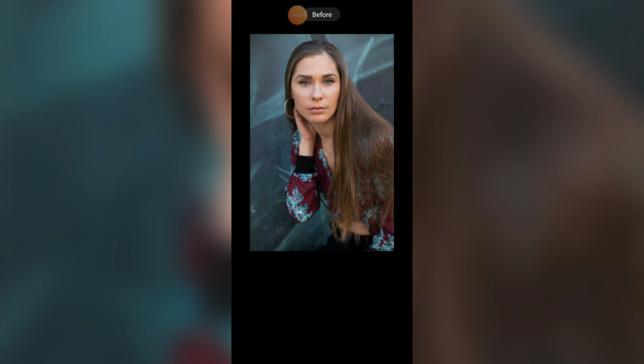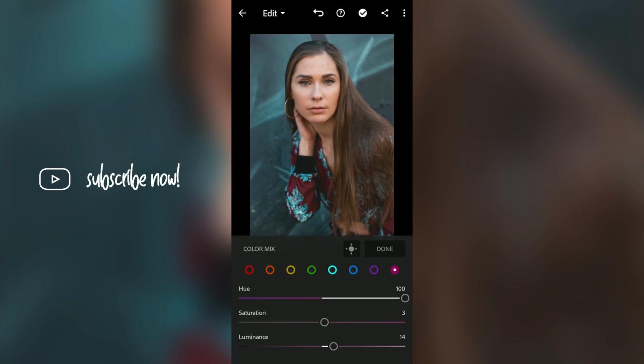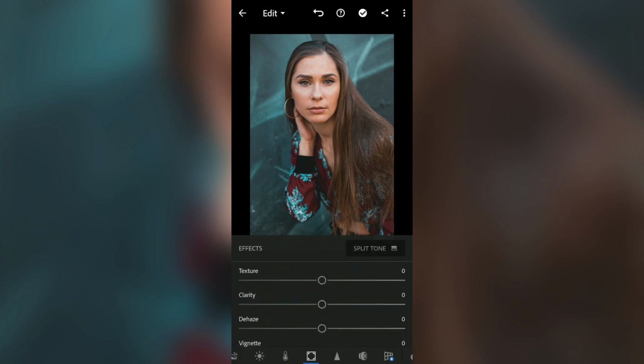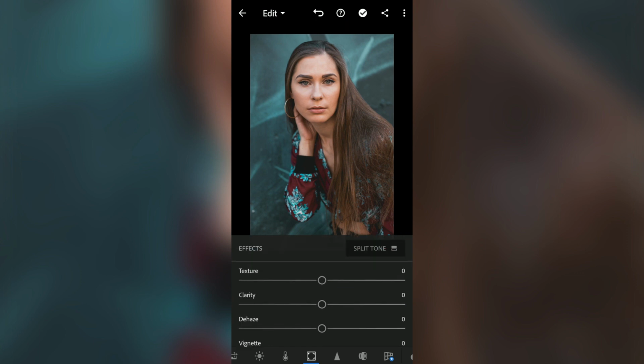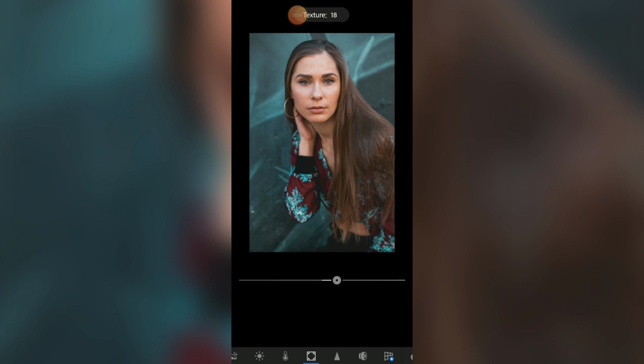So this is the before and this is the after. Yeah, it looks really amazing. So next is effects. So effect mainly contains texture, clarity, dehaze, vignetting and split toning. So if you increase the texture, it will bring up the details, and if you decrease the texture, it will soften the image. So let's keep it around